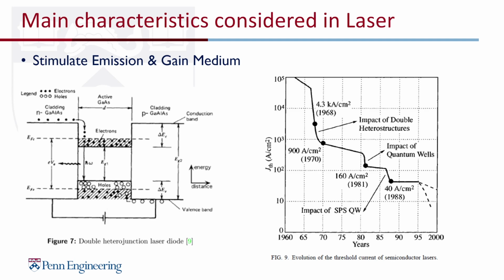This is because the electron would prefer to stay at the lower energy state, which means stable for it. This confinement results in a decrease of the threshold current, which is one of the challenges through the laser diode history. We can notice that for the evolution of the threshold current of semiconductor lasers, the introduction of the heterostructure, the double heterostructures here, made really significant changes on the threshold current over the years